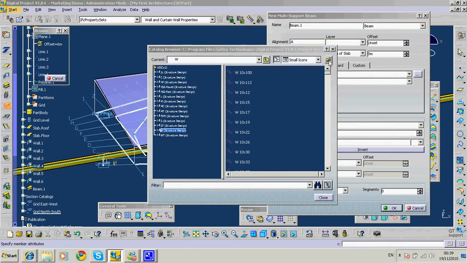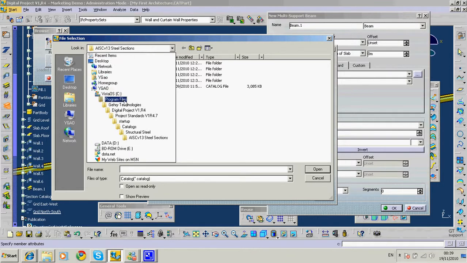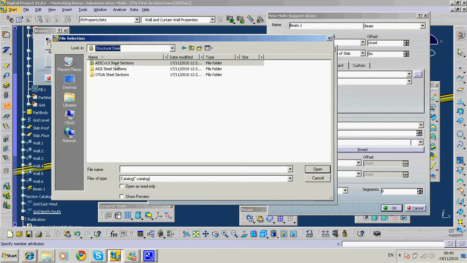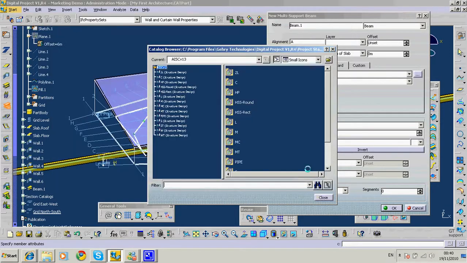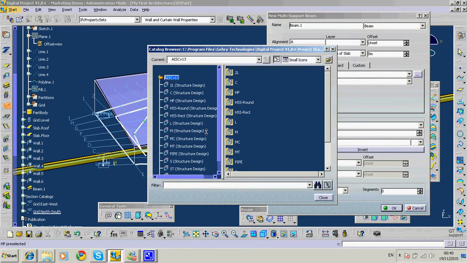So basically, in my case, if you don't have this one pop out, you need to locate it. Click open. I think in our computer lab it is installed by default path. It should be in C, Program Files, Get Technology. You just follow through that. Make sure you come down to structure steel, and that is a folder called AISC V13 steel sections. You double click. There's one catalog file. Choose open, and that should give you those